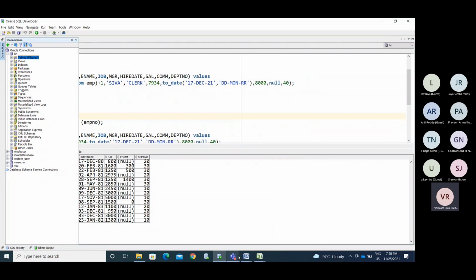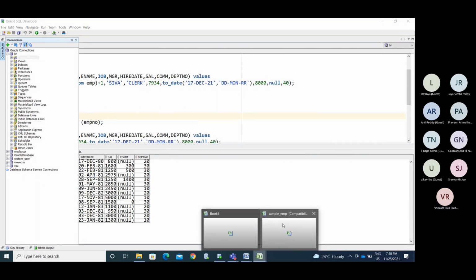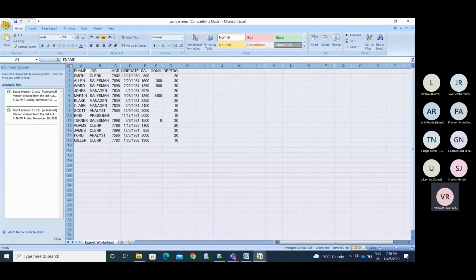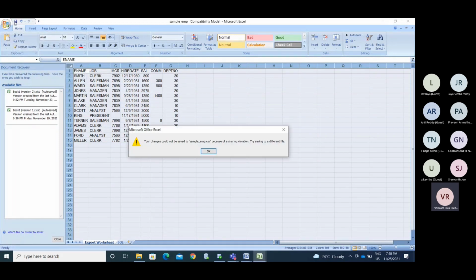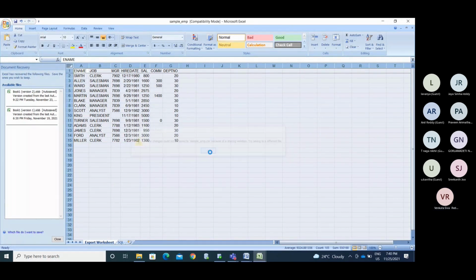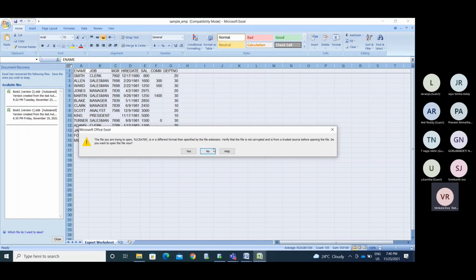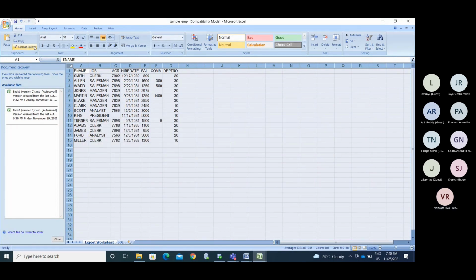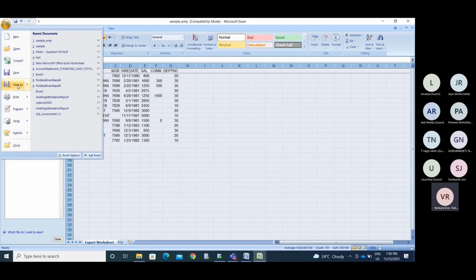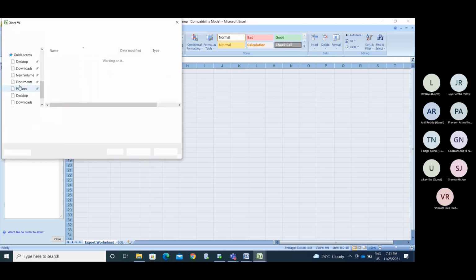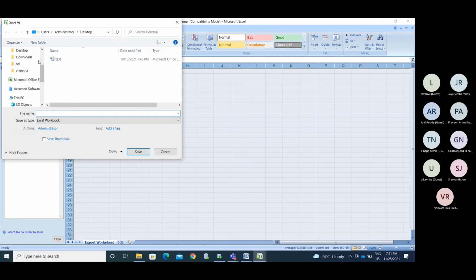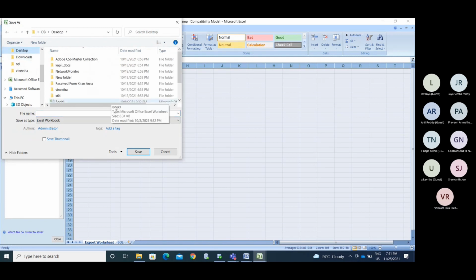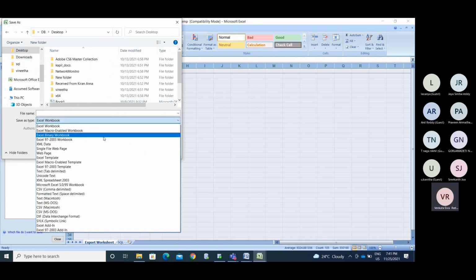I can save it in a different way. So I'll go to save as. Go to the Excel workgroup.